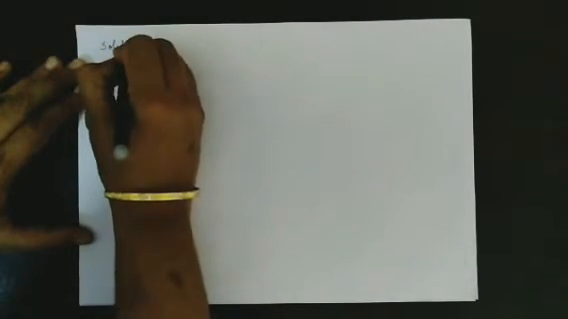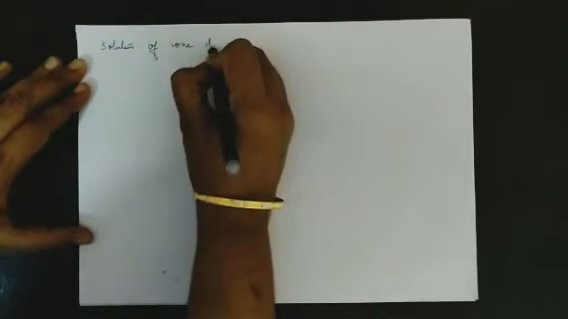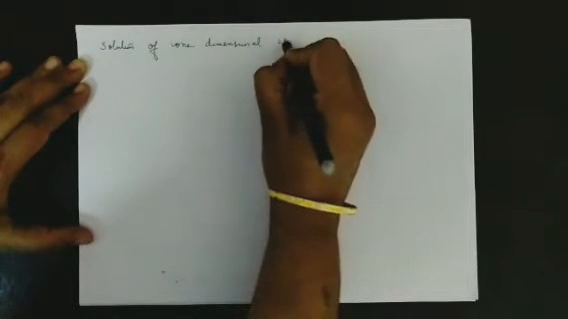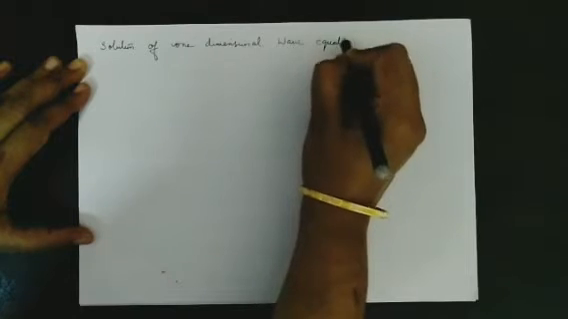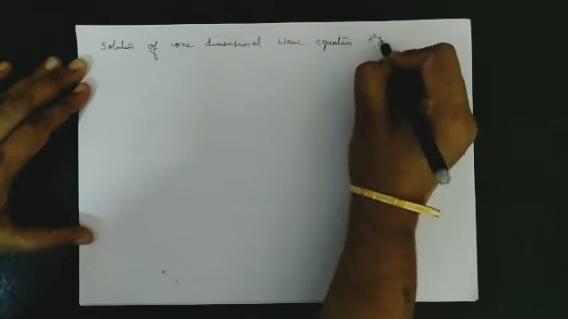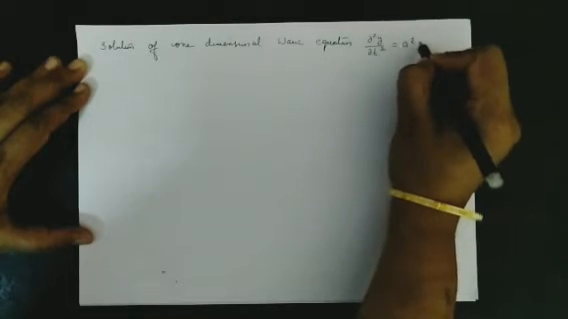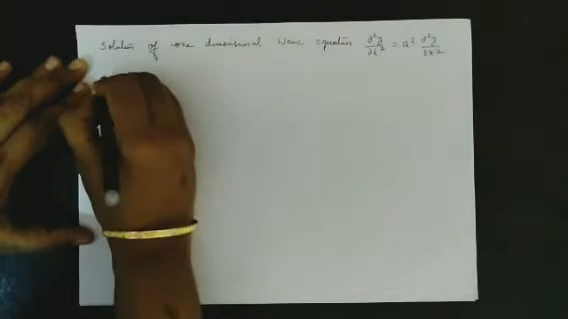Solution of one-dimensional wave equation, that is ∂²y/∂t² = a² ∂²y/∂x², with the initial condition